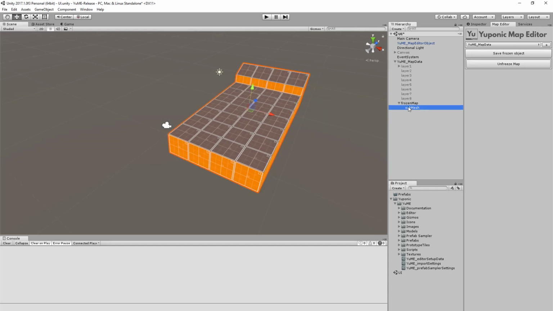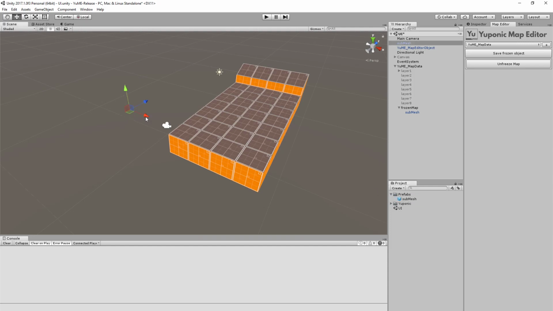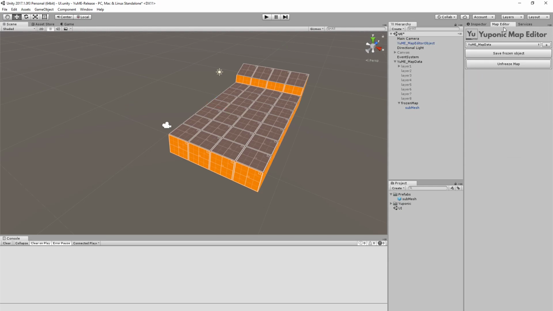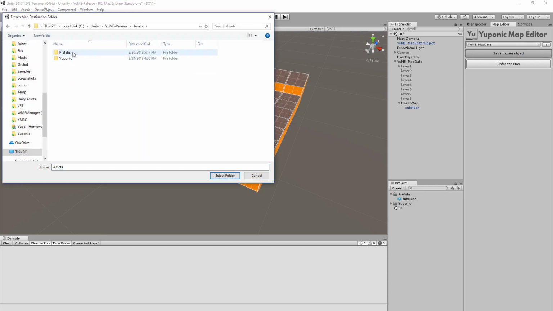So now we have the mesh, and then what I'll do is I'll just drag that into my prefabs folder, and then I've got it. Unfortunately, that doesn't work like that because this mesh only exists in the editor. It's not saved to disk at all. So if we look at this object, it's got no mesh filter. So what I've done is I've added a button, Save Frozen Object. If we click on that and give it a directory,